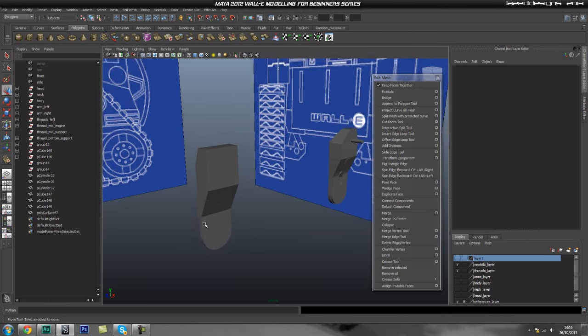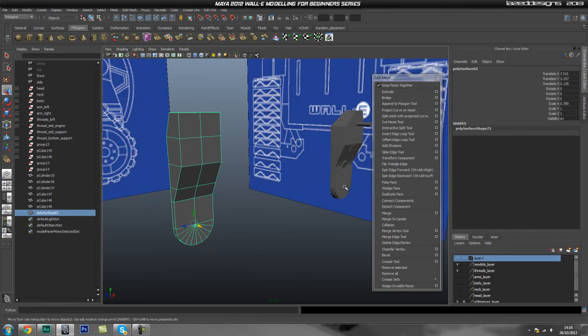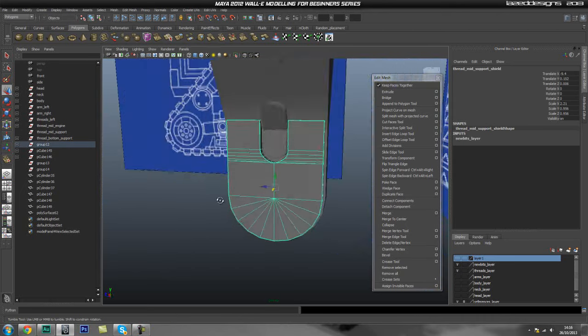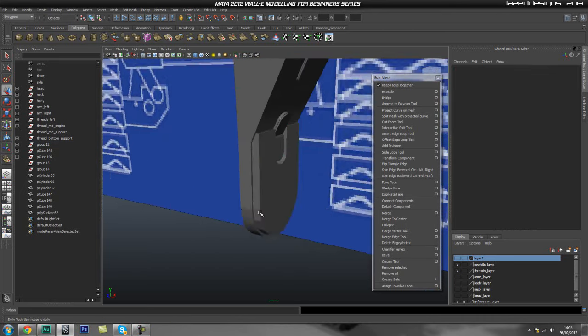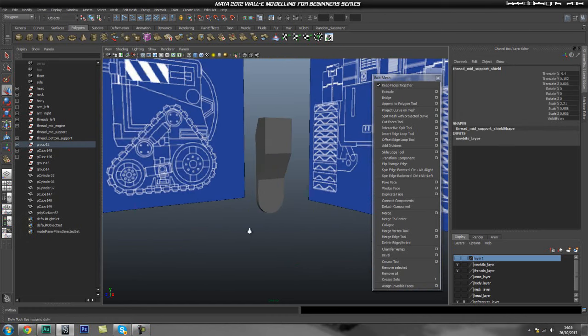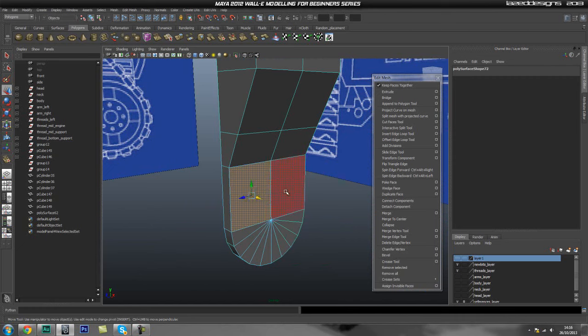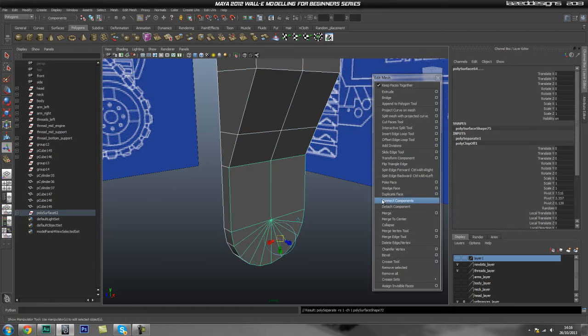Hey guys, welcome back. So we're going to go ahead and carry on finishing off this piece. We're going to create this sort of shield piece for it, or this extra piece. So let's go ahead and do that. We're going to use these faces of this piece. So if we select all these faces and then go to duplicate face, and then we're going to go ahead